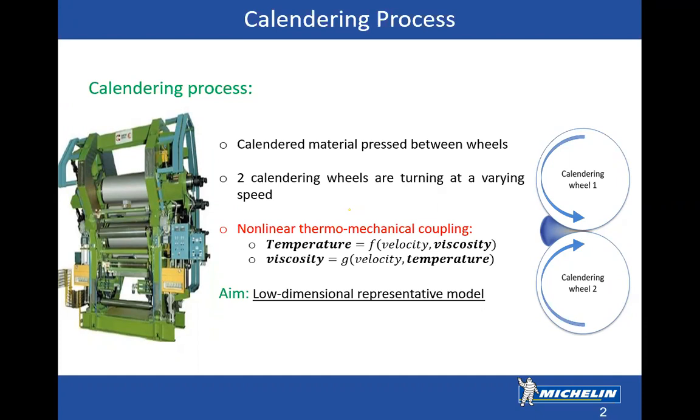This material is rubber, and the rubber itself is characterized by being viscoelastic. What we are trying to control is the temperature of the rubber, so that the temperature doesn't go above a maximum. We have a maximum limit and a minimum limit. Below this minimum limit, the rubber will solidify. Above the maximum limit, the rubber will rupture and it's of no more use. So as I've said, we can control the calendaring wheels.